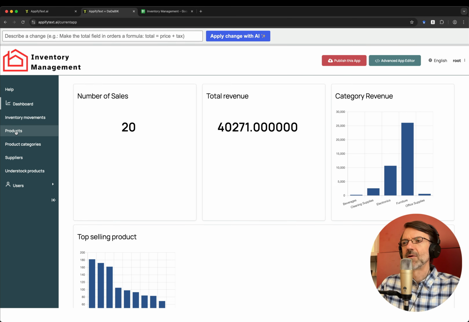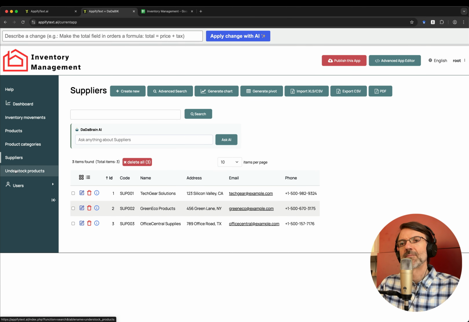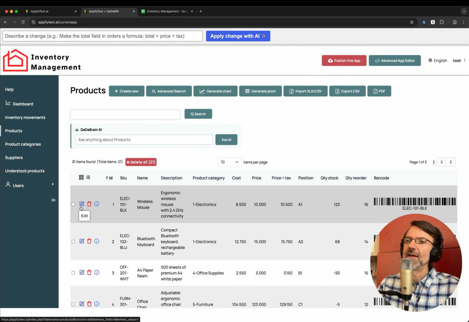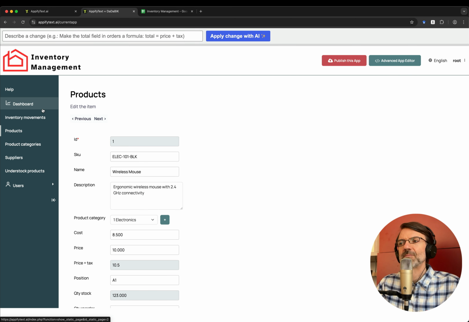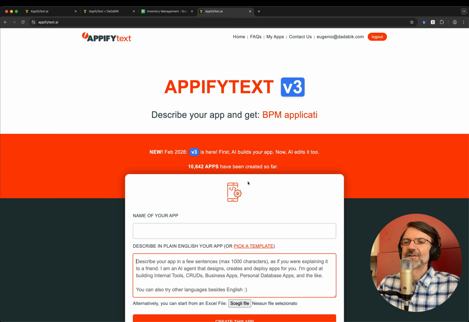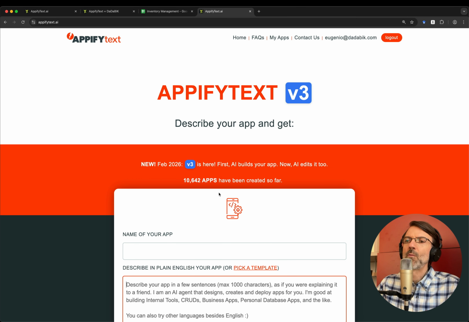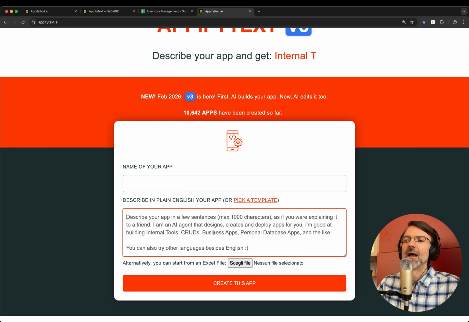It's responsive, multi-user, you can customize it very easily using AI prompts, so your team can safely manage inventory through a real web interface instead of editing spreadsheets manually. We'll use AppifyText.ai. It's an AI platform that can generate web applications from plain English descriptions, and now also directly from Excel